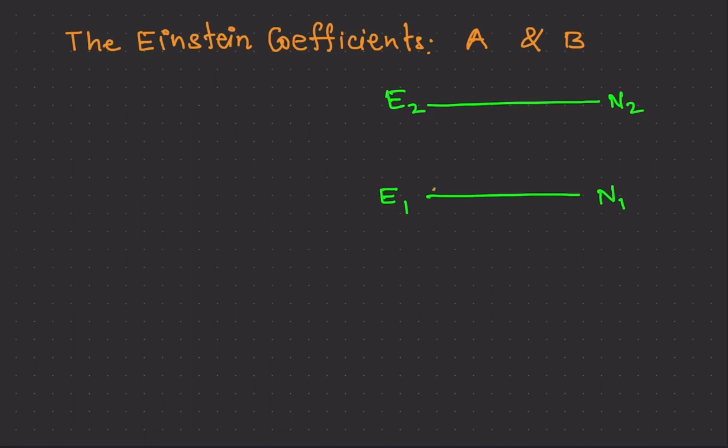There are a number of atoms in the lower energy level and few atoms in the upper energy level. Let N1 and N2 be the atoms per unit volume present in the energy levels E1 and E2 respectively. If the radiation at a frequency corresponding to the energy difference E2 minus E1